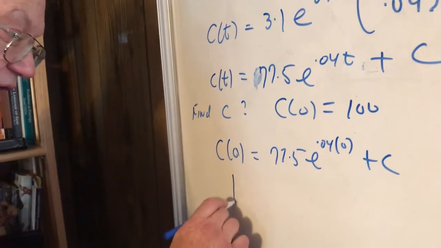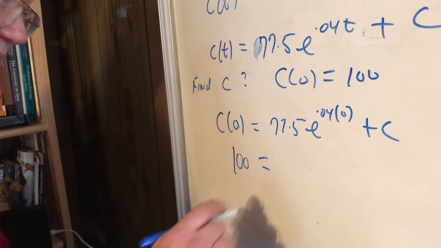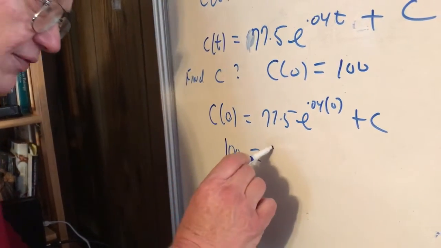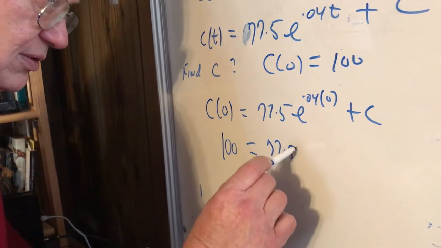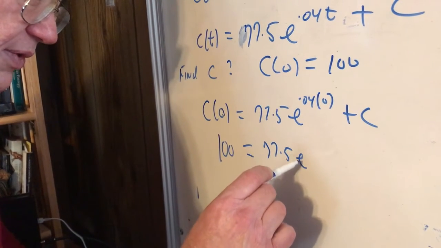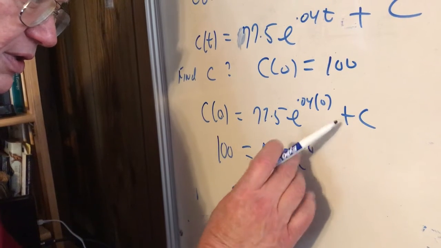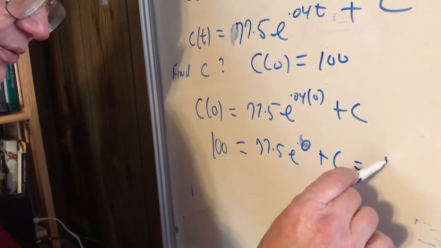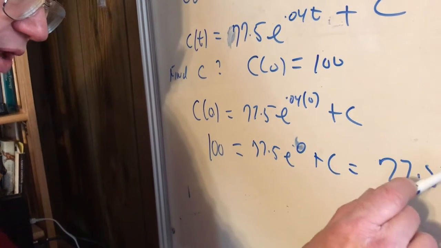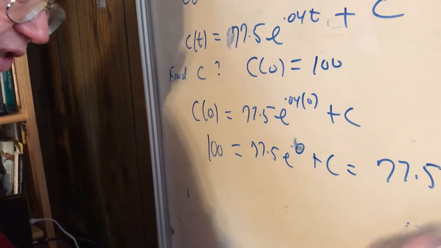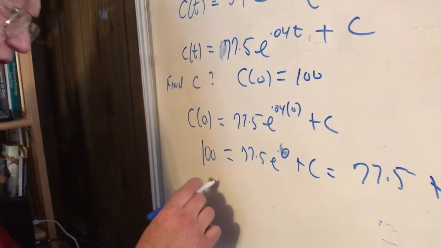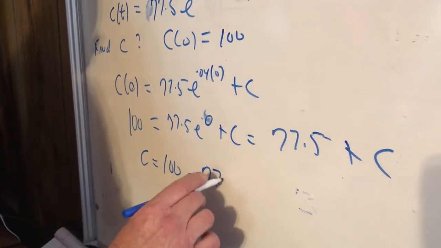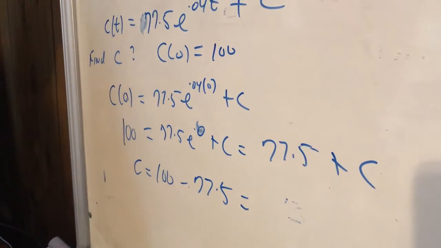So C(0) is 100, it's given to me. This is 77.5 e to the 0, equals 77.5 times 1. E to 0 is 1. So c equals 100 minus 77.5,